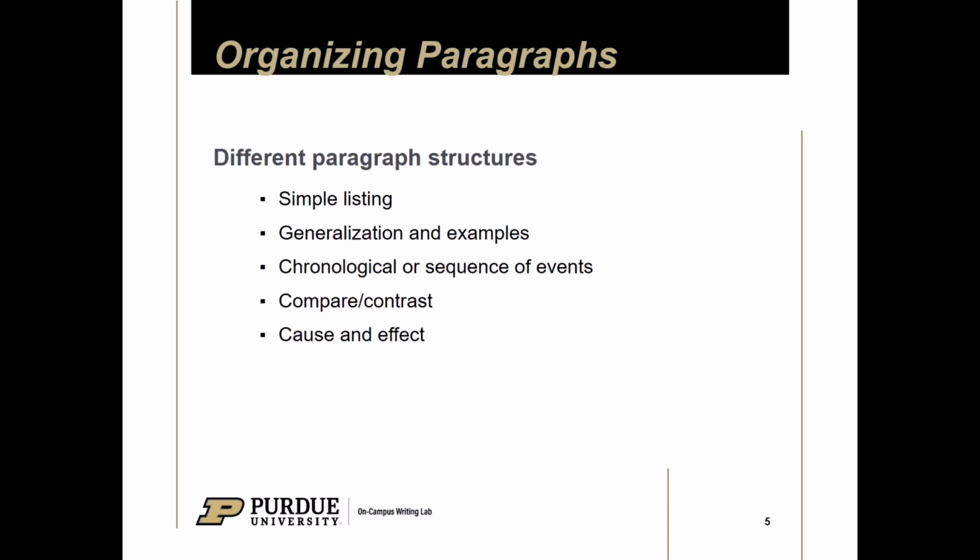A chronological paragraph provides details in the order in which they occurred. This is a great choice for a method section. You can describe the order in which you did things. Or for providing background information if it's chronological. To help guide the reader, you can use signposting words like "first, second, third," or "next" and "after."